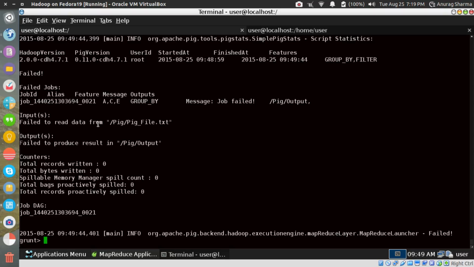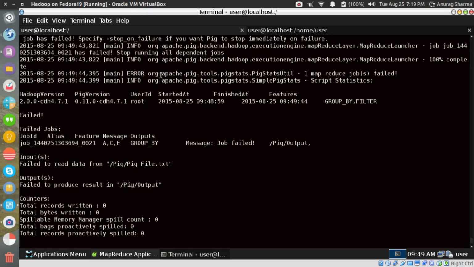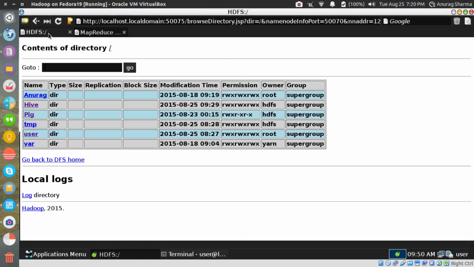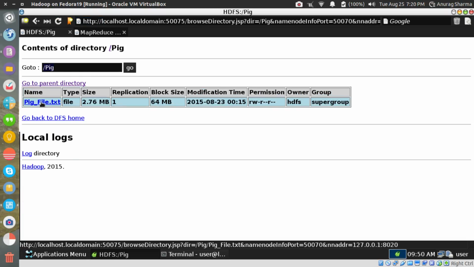Let me check what went wrong. Group, filter failed. Failed to read data from pig_file.txt, failed to produce result. Wow, how's that possible? Okay, I do have my data, it just needs to read, so the permissions are all fine.